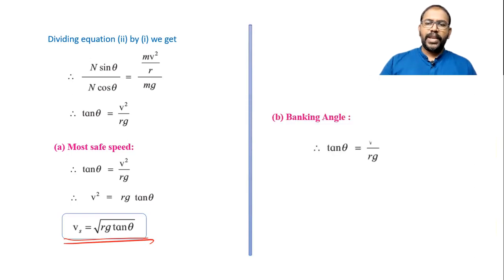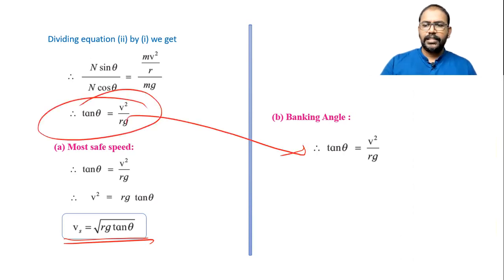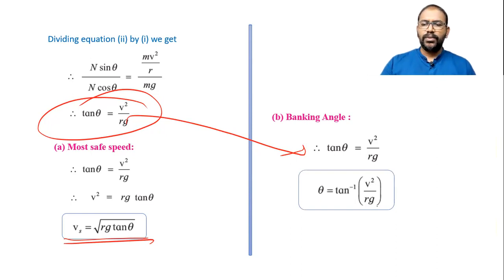Now here we can write a formula for the banking angle also. Using this formula we can write tan theta is v square by rg. Now using this we can write theta is equal to tan inverse of v square by rg, and this is the expression for the banking angle. Listen, in an examination a problem may be asked, obtain